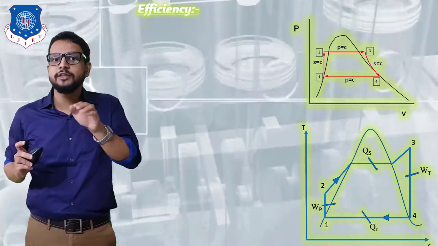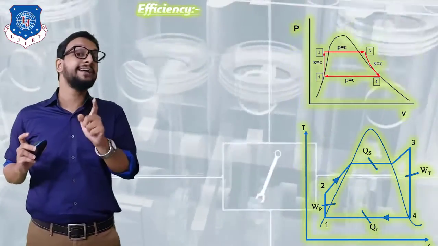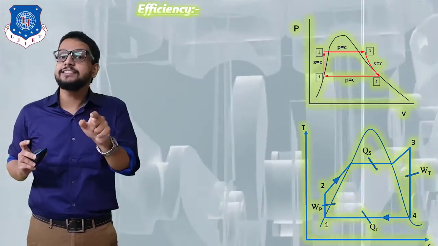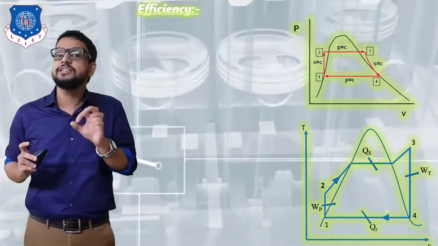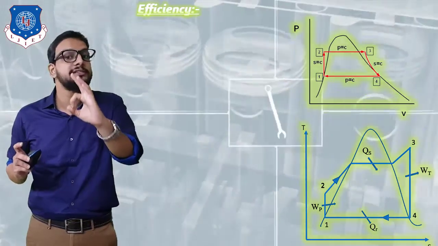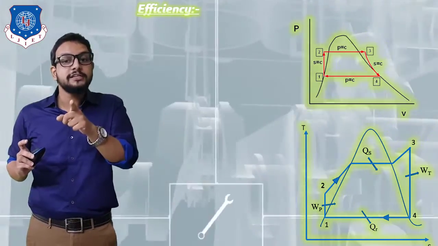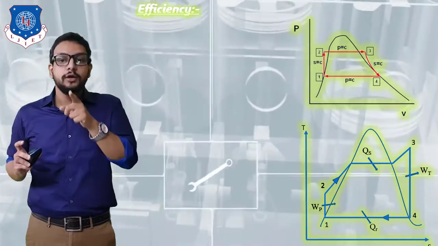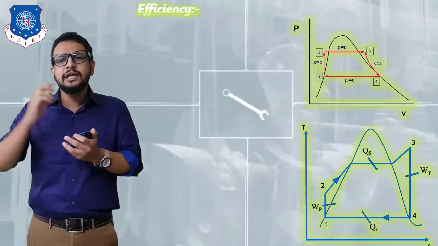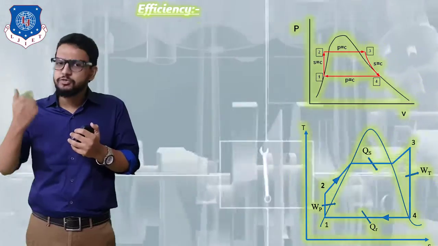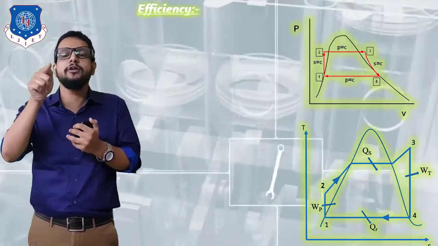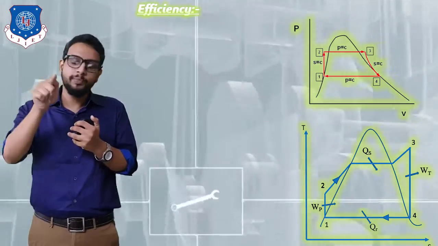If there is no heat transfer, then according to Q is equal to T delta S, 0 is equal to T delta S, which means delta S is equal to 0, indicating the change in entropy during this process will be 0. Okay, so it is shown by this vertical straight line from state 1 to state 2. But in a pump, due to the stirring effect, the temperature of water is going to increase slightly. So we are representing an increment in temperature at a constant entropy from 1 to 2.